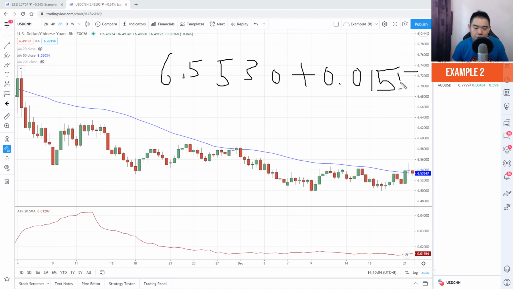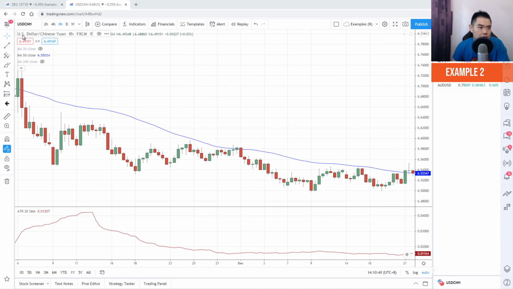0.01554. And take my trusty calculator out, and it gives me 6.553 plus 0.01554, and the answer is 6.5685. So if you're going to sell right on this candle open, your stop loss will be at 6.5685, and